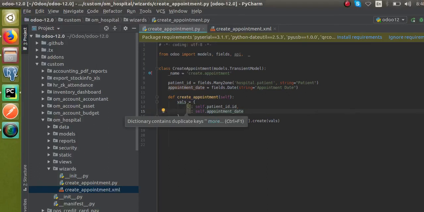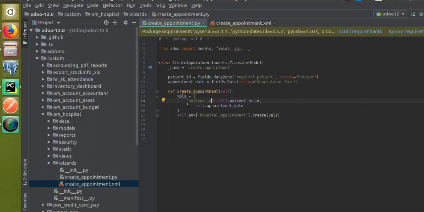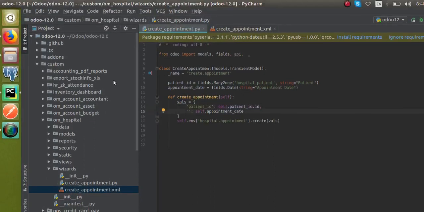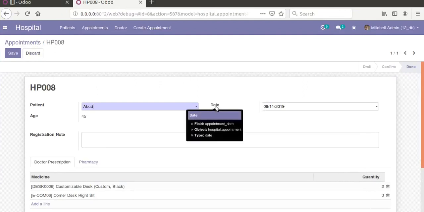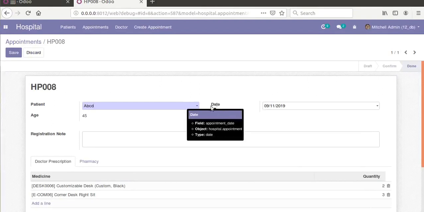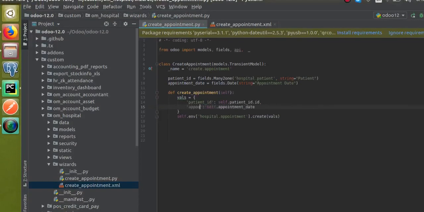So here I have to give the corresponding name, patient_id. You have to give the same name in the model. So next, if you check here, appointment date, yeah, this is the date. If you place the mouse over the field, you can see the technical name of the field is appointment date. So I will give that name here, appointment